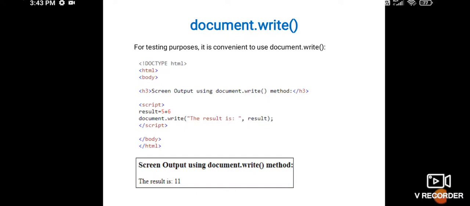That's why here we are going to use document.write. Document is the name of the object and write is the method of the document object. Here document.write is used to display the screen output. If you want to display anything dynamically on the XHTML document or HTML document, we are going to use the document.write. You can see the example here.